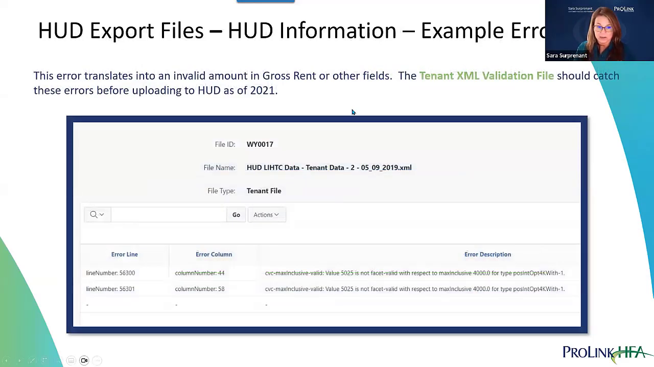So here's what the errors look like when you get them after you're in the HUD system and you have uploaded your file, and it says, hey, you have an error. It's going to give you a line number, and that's the line number on your XML file. The column number is just, I'm not even sure how it defines what a column is in XML. There's a lot of gobbledygook in here that doesn't make any sense to anybody, but it's basically saying